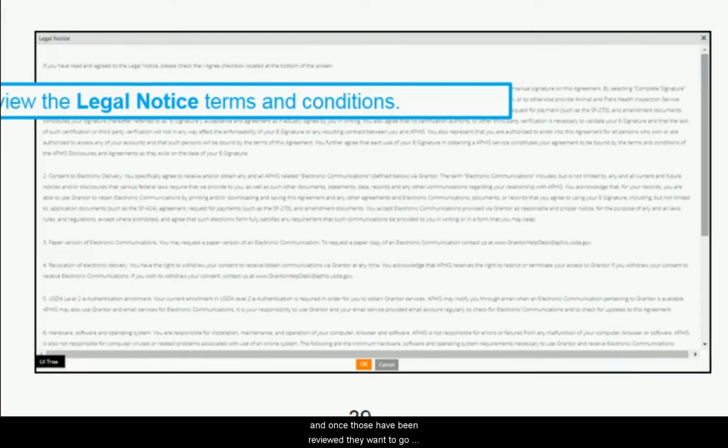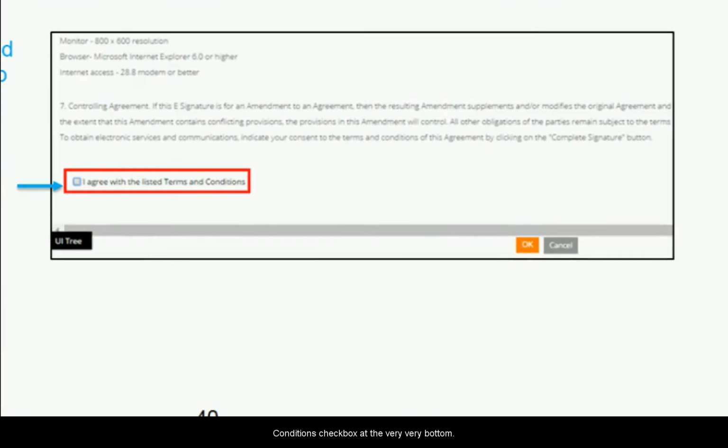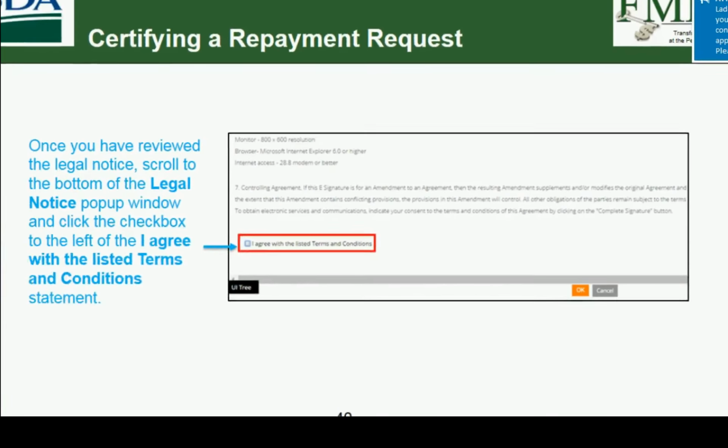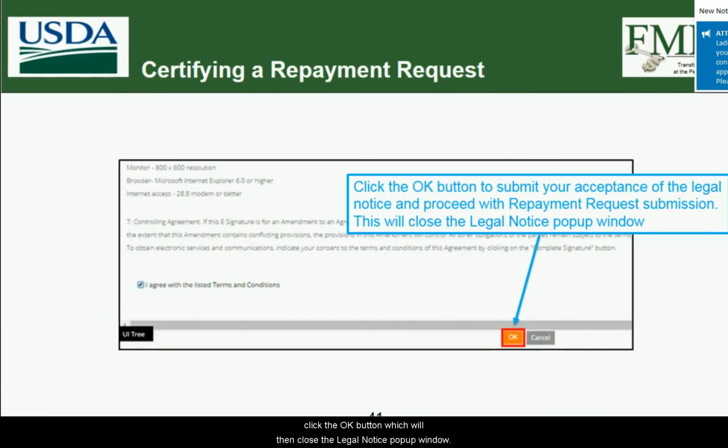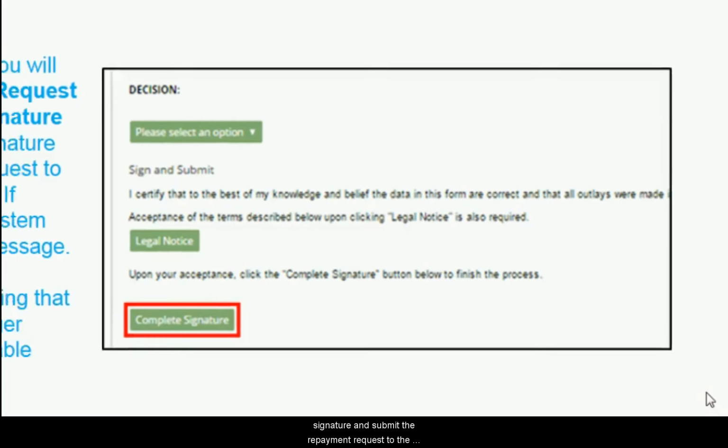And once those have been reviewed, they want to go ahead and check the I agree with the listed terms and conditions checkbox at the very bottom. Once they do that, they click the OK button, which will then close the legal notice pop-up window, and then the complete signature button will become available. Once they complete that, that should finalize the digital signature and submit the repayment request to the awarding agency for